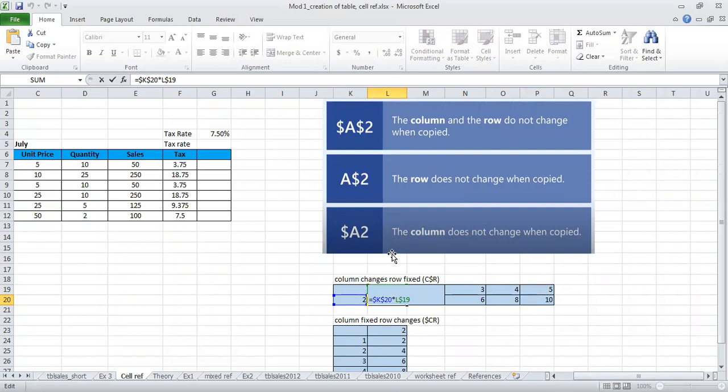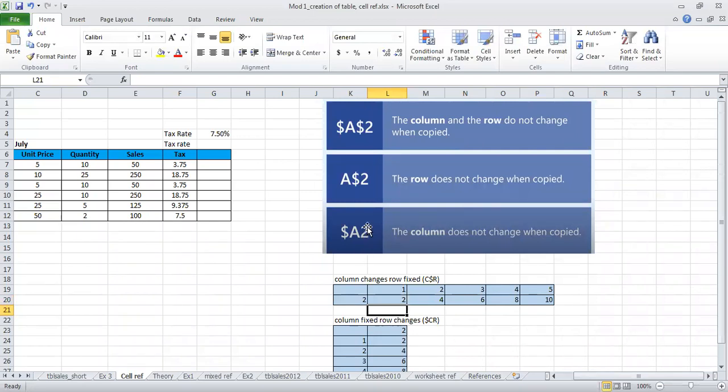Yes, ma'am. Okay. So it is not that only the second part of the formula you need to fix. First part of the formula you cannot fix. Both can be fixed. Okay. And it's not necessary that in the first part both column and row should be fixed. You can also have it as K$20 or you can have it as $K20. Okay, you can have it like this as well. Depending upon how you want your output, you will fix accordingly. Fine. So in this case, I want this particular cell to be fixed and this one to change. So I will do that.